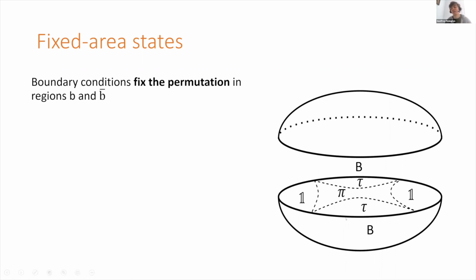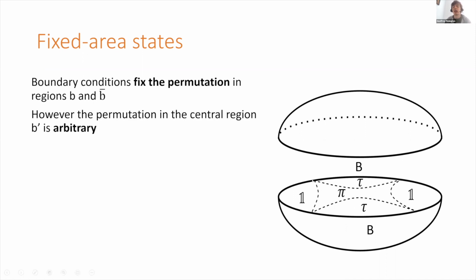Similarly, in this region big B, the boundary gets glued to a sheet cyclically permuted round. I'm going to use tau to represent the cyclic permutation. It takes 1 to 2, 2 to 3, and so on. So in turn, that means that the part of the bulk nearest to that boundary region has to be glued to the cyclically permuted bra. But we also have this region sitting in the middle between the two extremal surfaces. Because we're allowed to have conical singularities sitting on these surfaces, and hence branch cuts, there's no constraint on what this part gets glued to. So it can actually get glued to a bra with any permutation applied that we want.